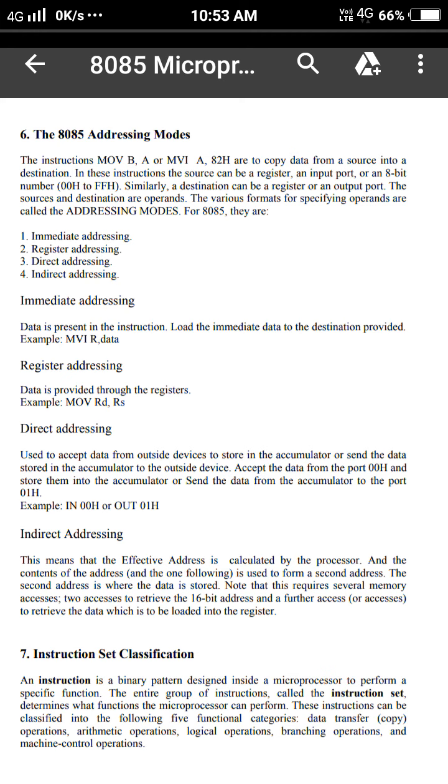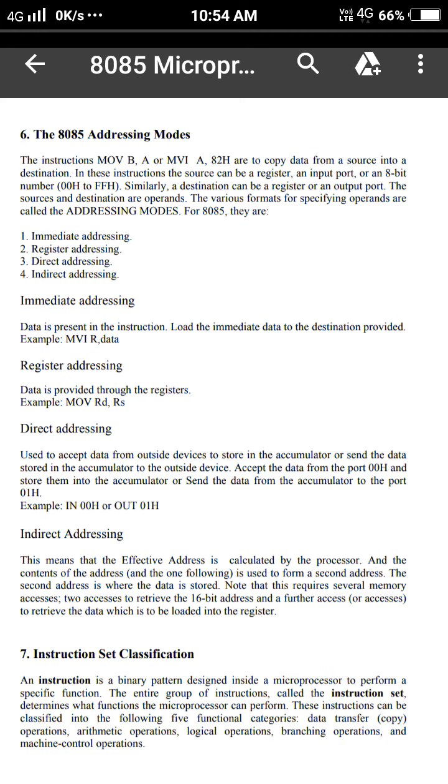The last type of addressing mode is indirect addressing. This means that the effective address is calculated by the microprocessor and the contents of that address are used to form a second address. The second address is where the data is stored. This addressing mode is used where we don't have to specify the actual address, but a reference to the address is given.